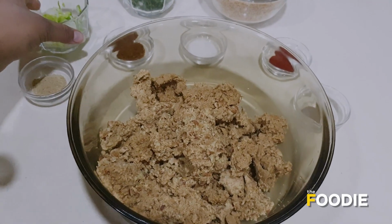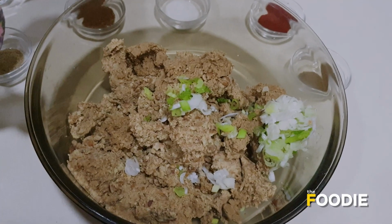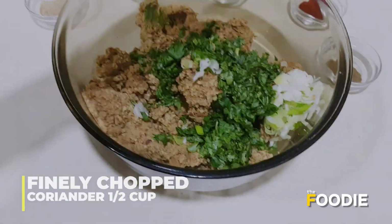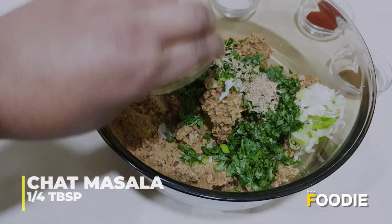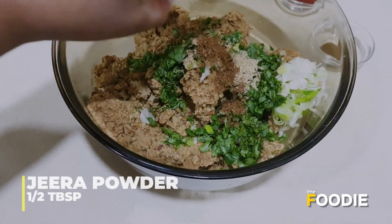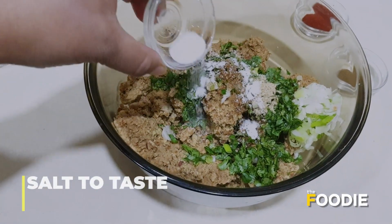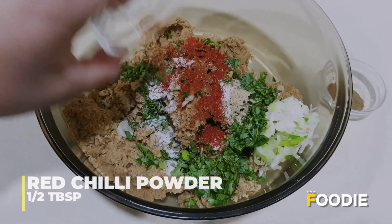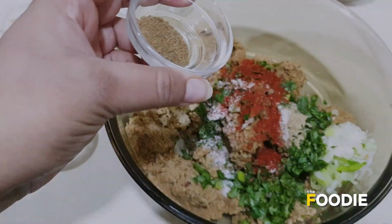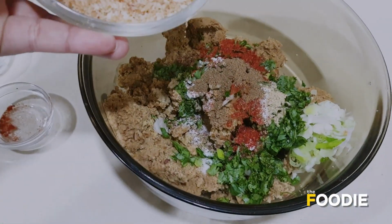To this, I'm adding onions, coriander, chaat masala, jeera powder, salt to taste, chili powder, garam masala. For binding,